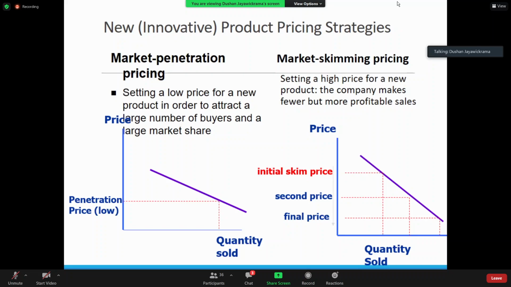That status is maintained by producing a limited number. The limited number can maintain customers because maintaining the limited number is an expectation of the customer. It's only me who has this, no one else. To make sure that no one else buys this, we pay for it. So skimming can be done if it's aligned with the expectations of the customer. Then it becomes value-based pricing.